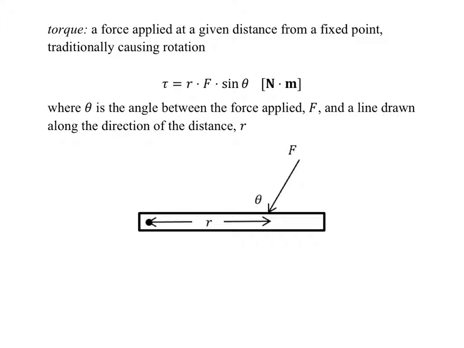So when you apply a force at an angle of 180, it's not causing any rotation at all. And that's logical. Well, take a look. R times F times 0 gives you 0. If you have no torque, it's not going to rotate. No torque means no rotation. And again, if you're not sure about what I'm saying right now,